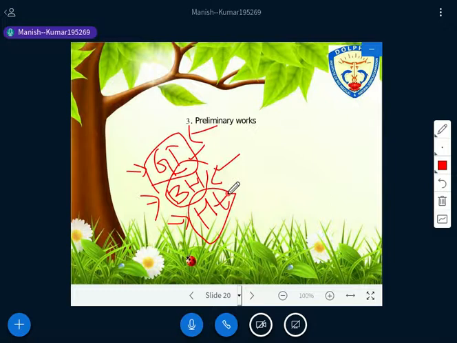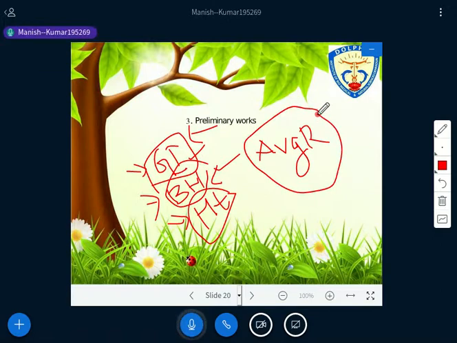Is it clear? And then after that, you have to record the average radius of the stump. Average radius of the stump. Listen carefully and try to understand. After collecting these three basic pieces of information, now we have to collect the average radius of the stump. So how can we calculate the average radius? You all know that average means an arithmetic mean. Is it clear? It's not so difficult to do that.